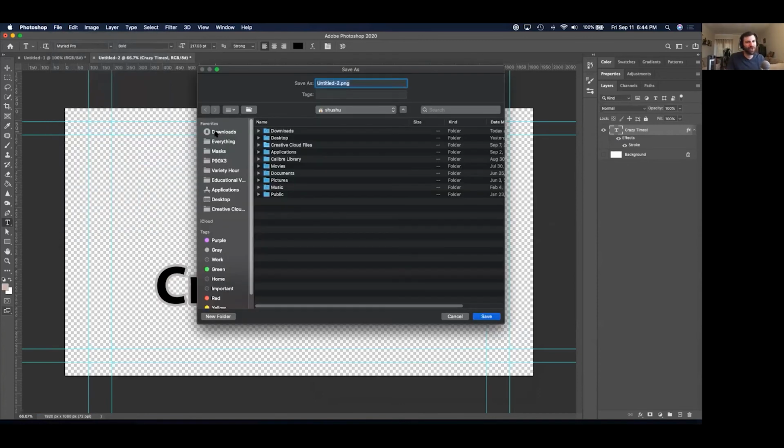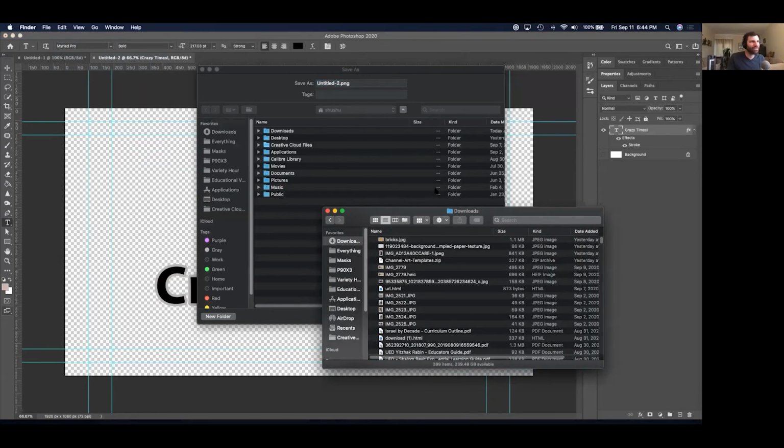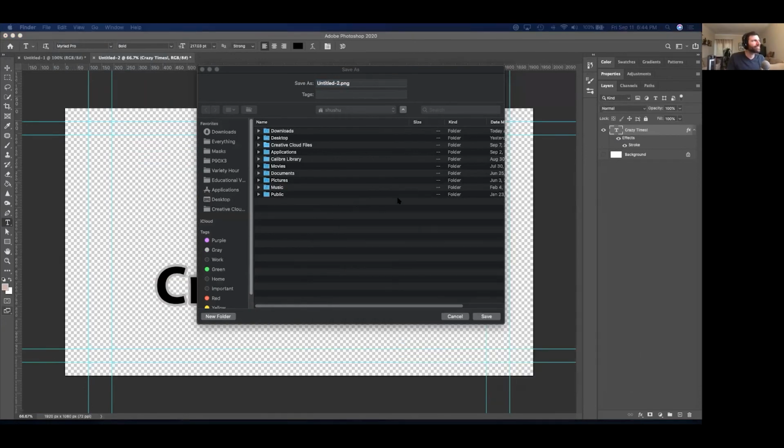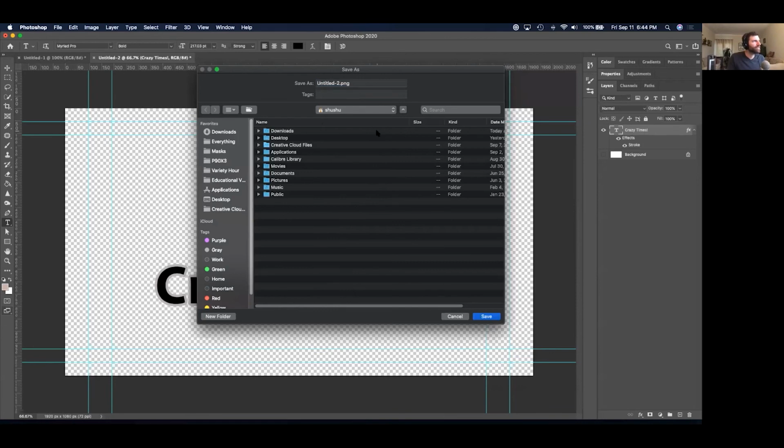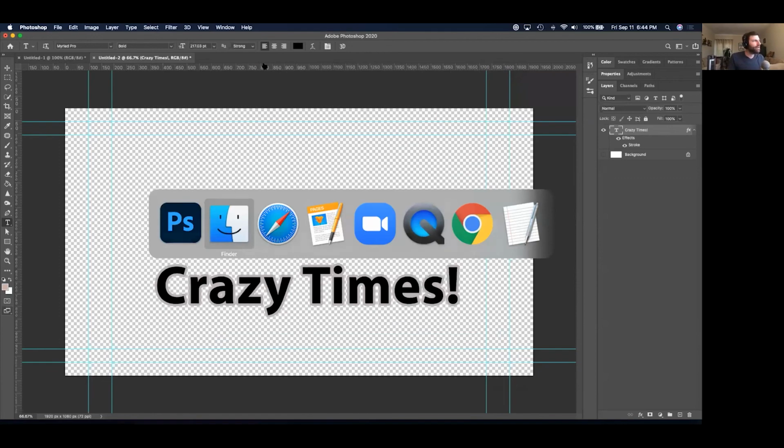That's probably the quicker way to do it right there, honestly. So inside of my files, let me get my folder back up. Korean lesson. And here we go, crazy times 2. These should be identical. And what we have now in the Finder,